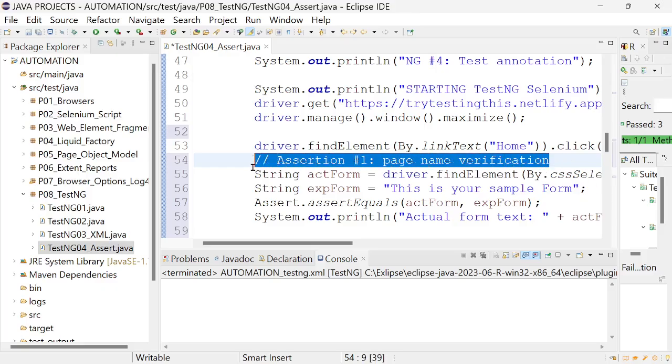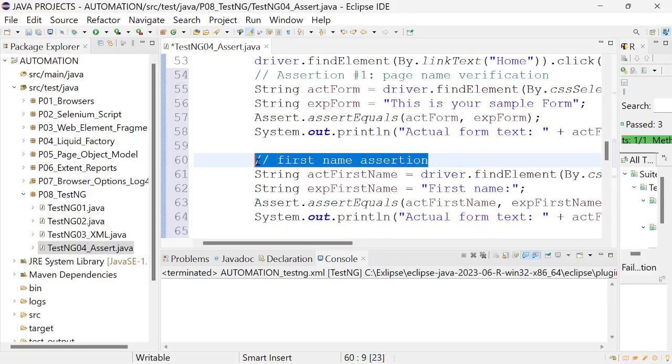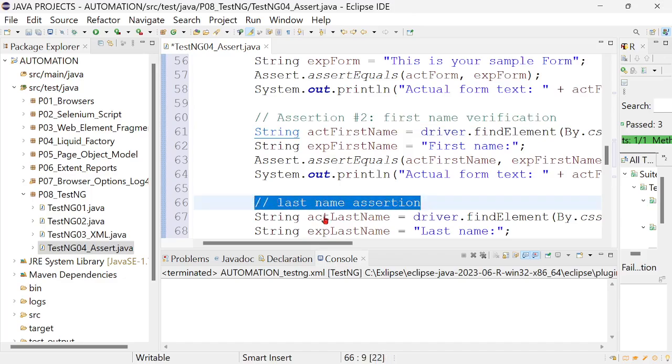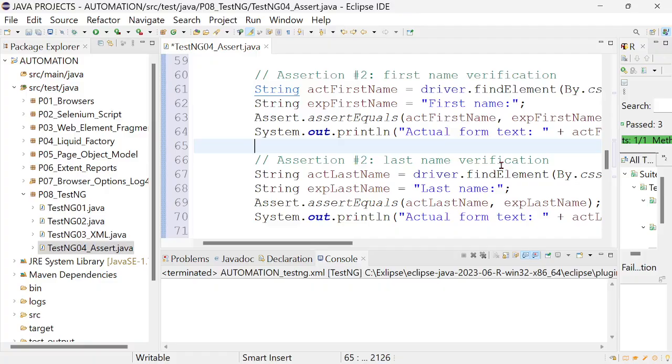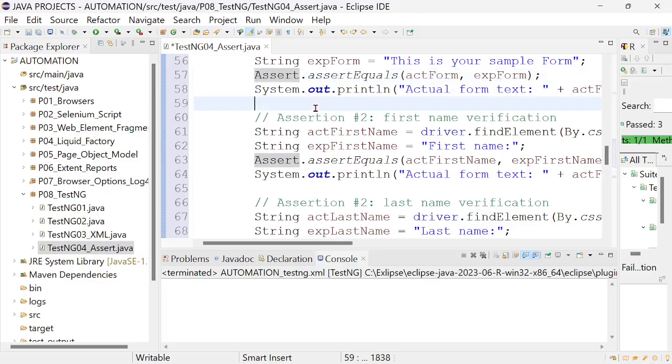This is good, better explaining. Assertion number 2, first name verification. And assertion number 3, last name verification. 3 assertions. 1. Assert equals,